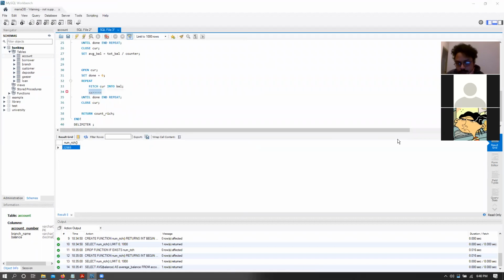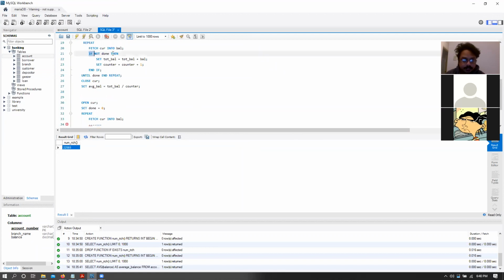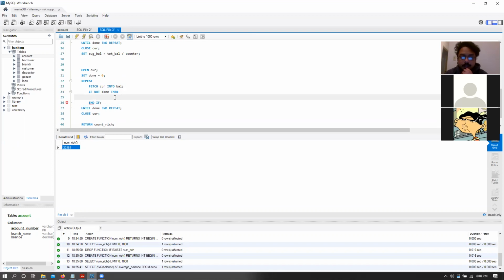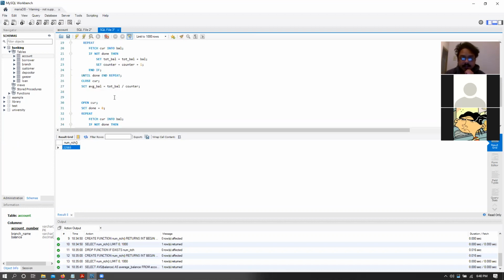Add 1 to a counter and return it after it's done looping. Yes, Yogi, we need to add 1 to a counter. So essentially, if not done, then until we are done, that is there. And that essentially would have its own if, right? And then internally, we need to count, but we need to count the number of people that have a balance